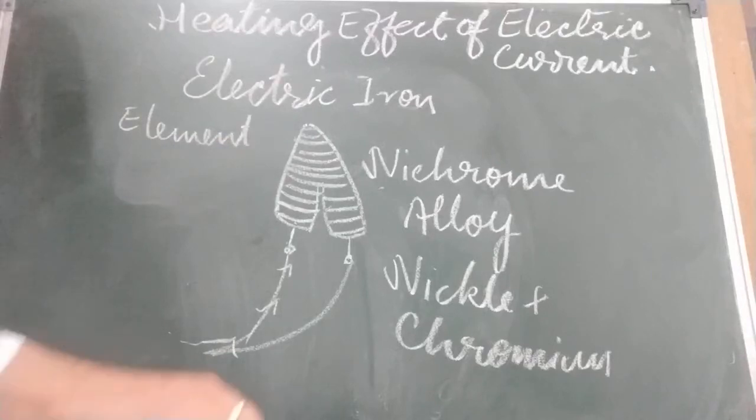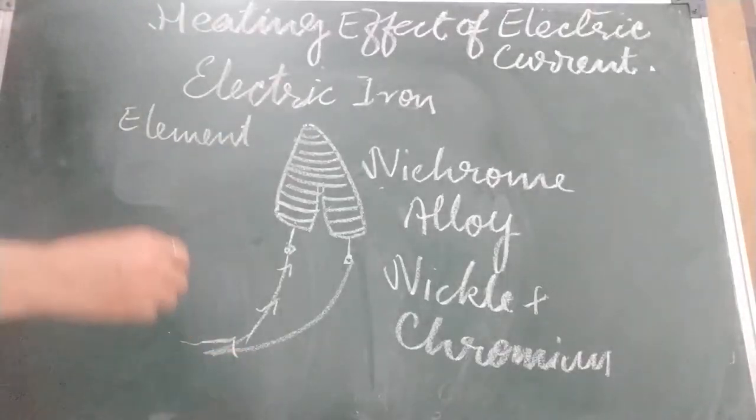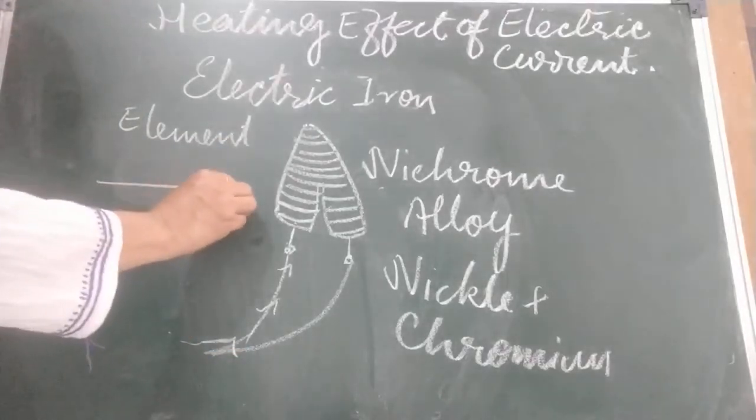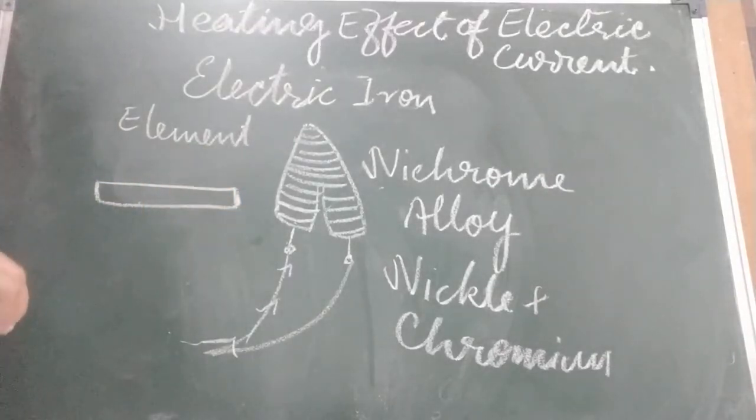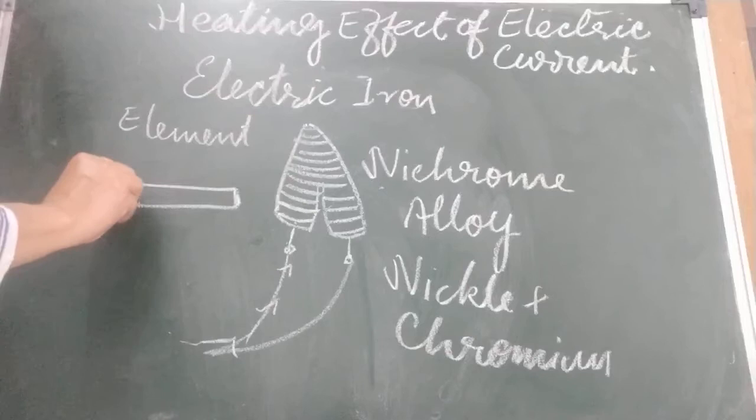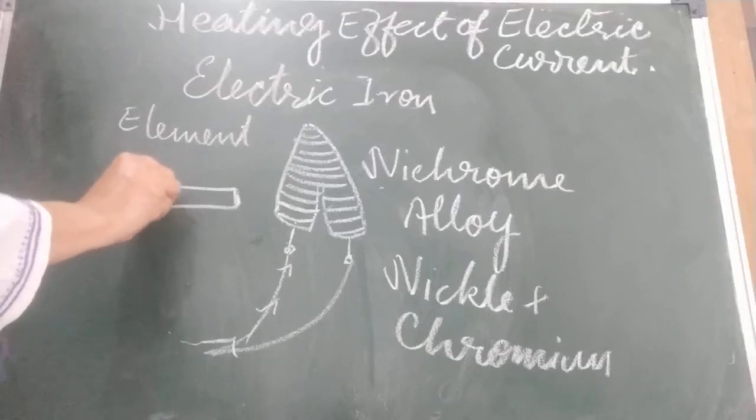Same way there are many gadgets like the electric heater. All of you know, there is a rod, and children, this rod is made of clay. Clay, you all know, is a bad conductor of heat and electricity both. And around this there is a wrapping of nichrome wire.